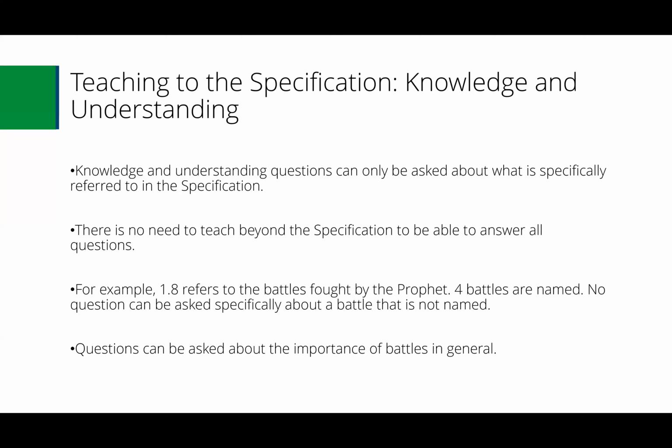So, for example, 1.8 refers to the battles fought by the Prophet. So four battles are named. No question will be asked specifically for a battle that is not named. So it will be only battles that are named. What might happen is that there could be a general question asked about why are battles important? What is the necessity of it? But students will not need to demonstrate knowledge or understanding of any other battle apart from the four that are